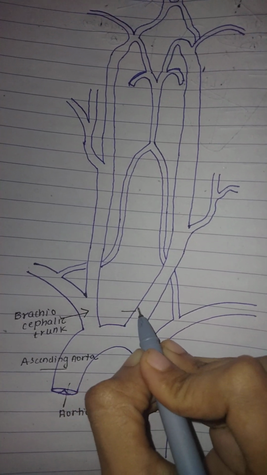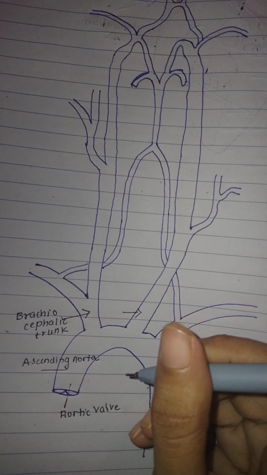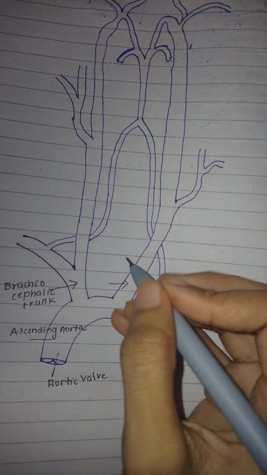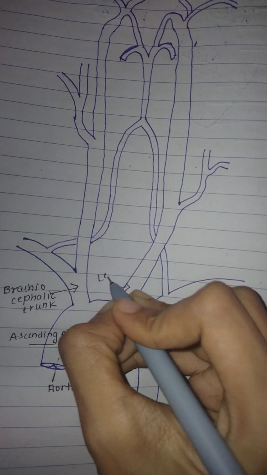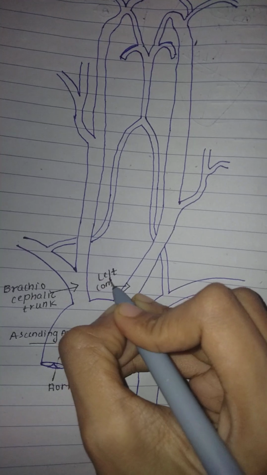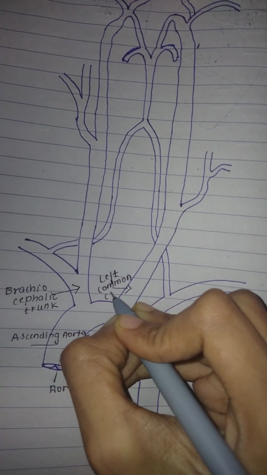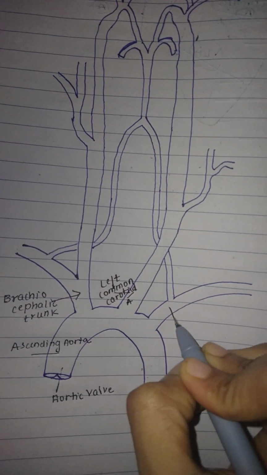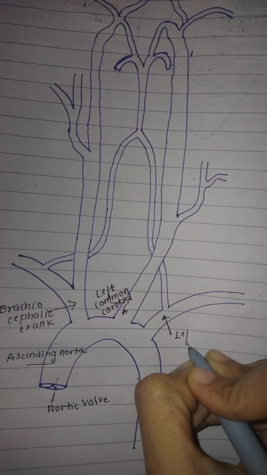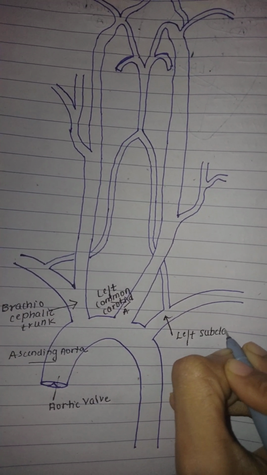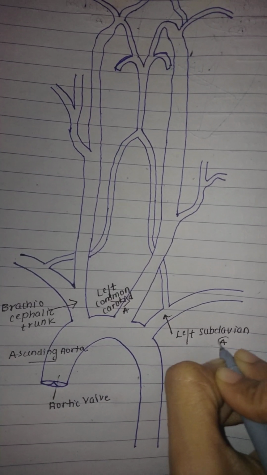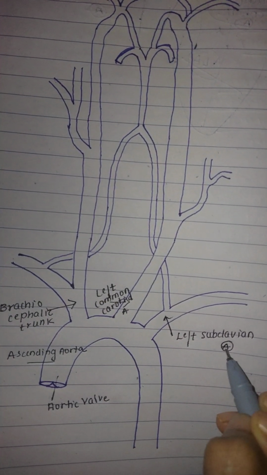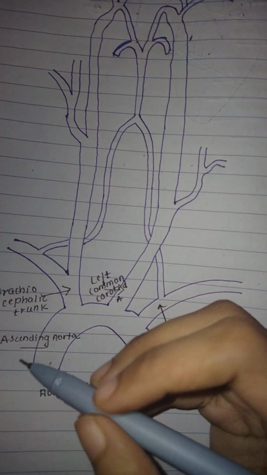The second branch is called the left common carotid artery. And the third branch is called the left subclavian artery. These two are called the left common carotid artery and left subclavian artery because if we consider this as a heart,